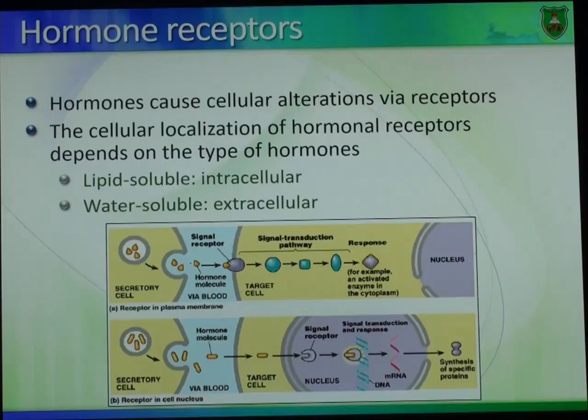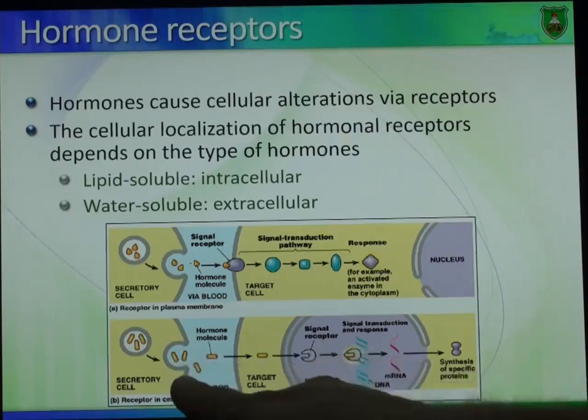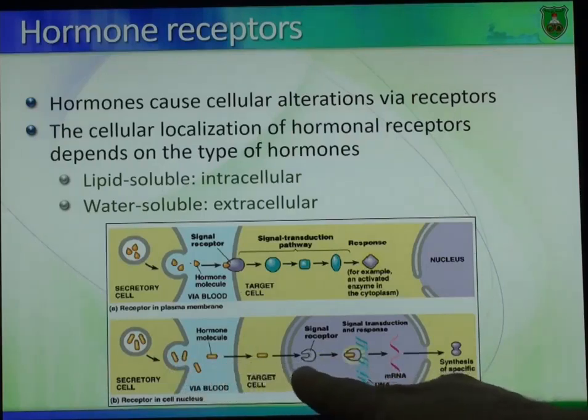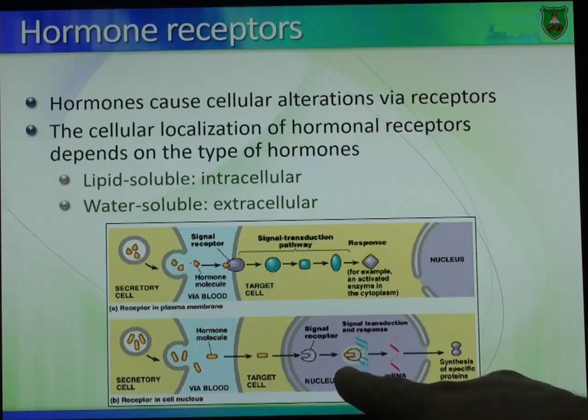And hormones can be classified into two types according to the receptors that they bind to. Hormones are lipid-soluble or water-soluble. Now, lipid-soluble hormones can diffuse through the plasma membrane into the cell. They bind to a receptor, and then the receptor-hormone complex binds to DNA regions, and they act as transcription